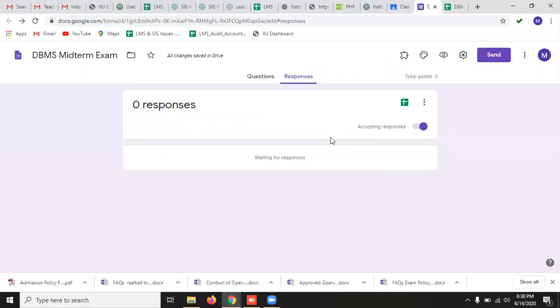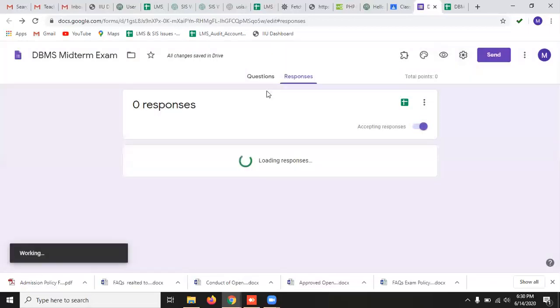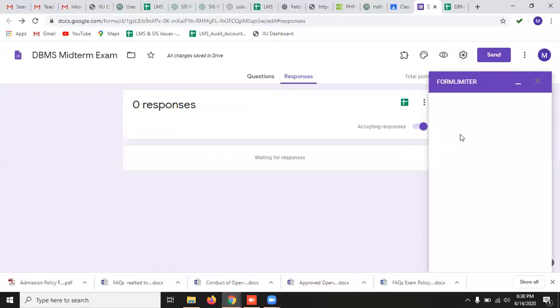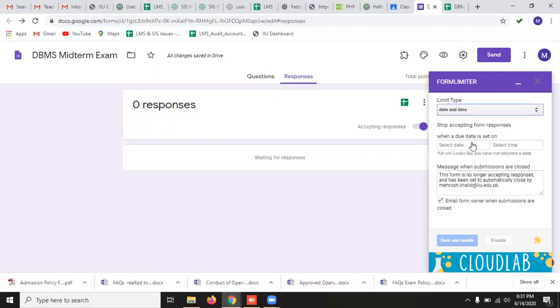Now coming towards your Google Form again, click on this add-on, the form limiter, and click on this set limit icon. In the form limiter dialog box, from the limit type, select date and time, and set the due date.